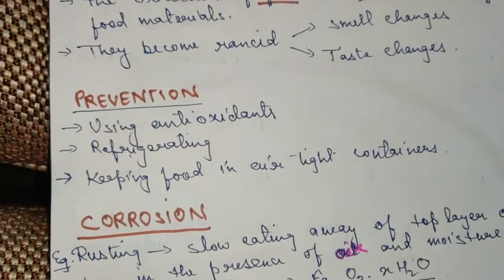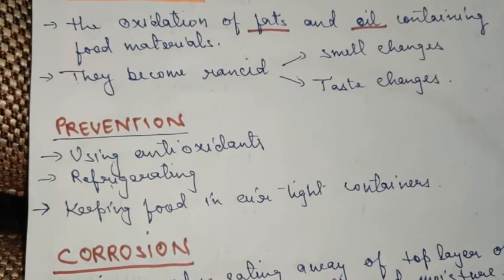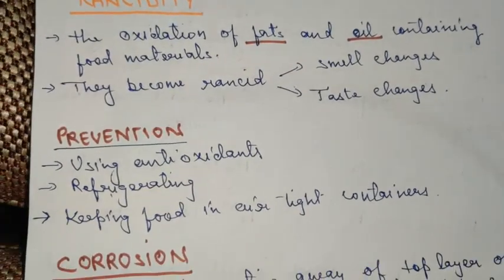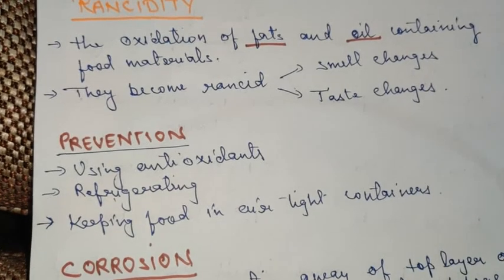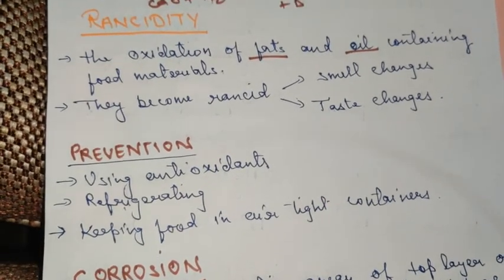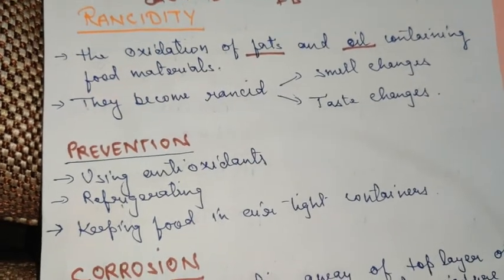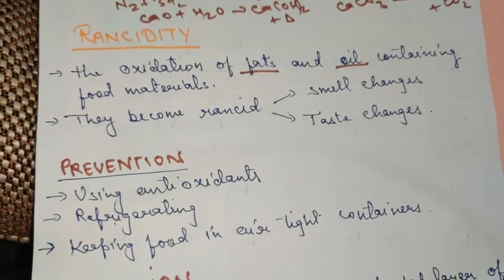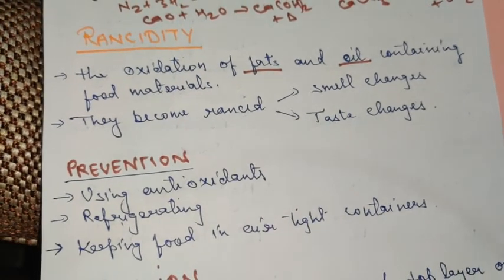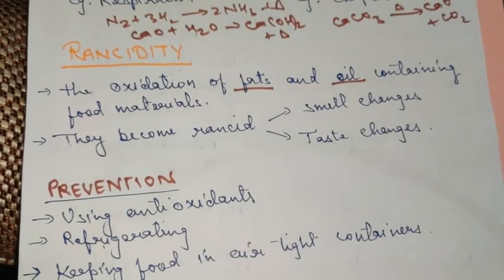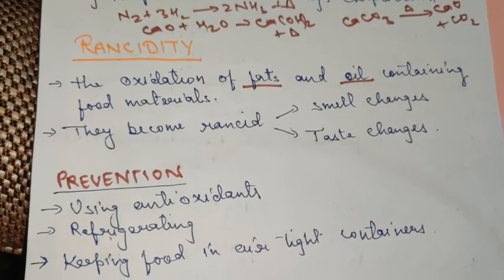Okay, and another very common example of this you can take is flushing in nitrogen in chips packets. When you go to purchase chips packets, what do you observe? First of all, you'll never purchase a deflated packet of chips. You will always look for the one which is inflated with air. Inflated with air means not oxygen. In the case of these food items, nitrogen is flushed in these chip packets.